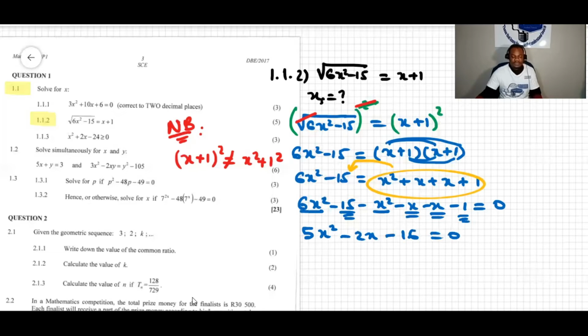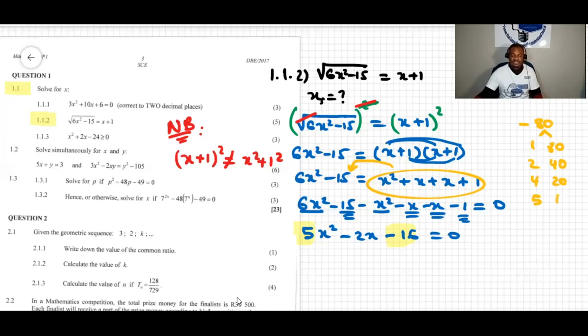All right, then we need to solve this. How can we? I'm going to solve this by factorization. What I am going to do is multiply the first term, which is 5, with the last term, negative 16. What does it make? It makes negative 80. I'm going to write here negative 80. Then I am going to list all the factors of 80. They are 1 and 80, and then 2 and 40, and then 4 and 20,